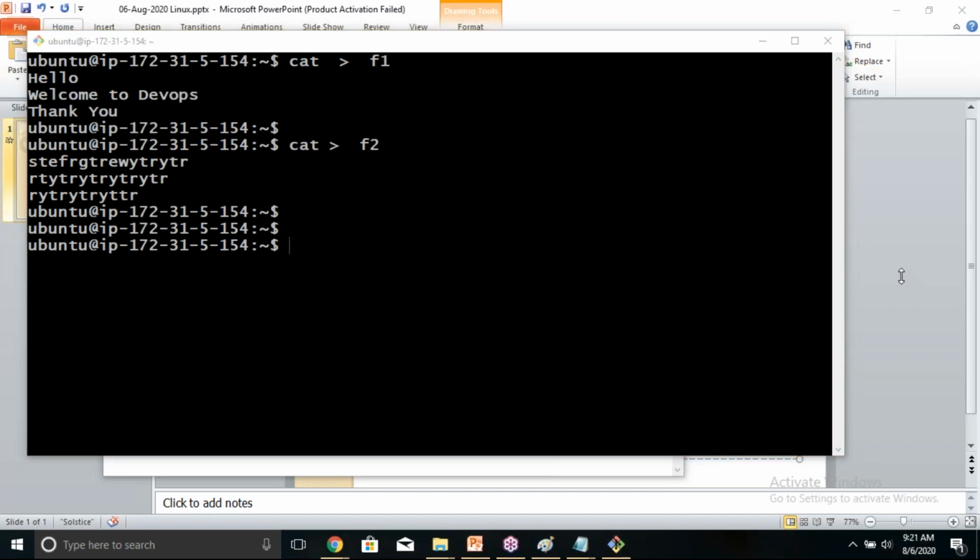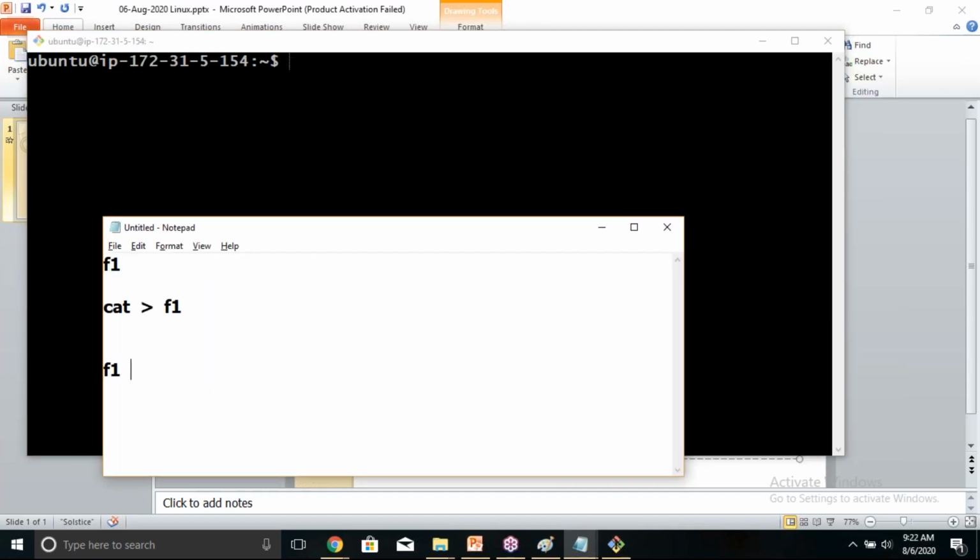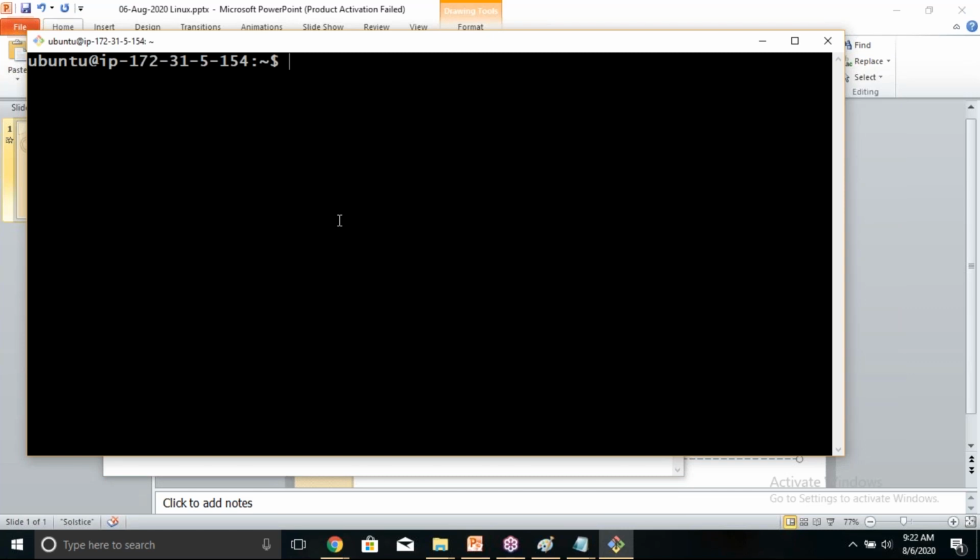No. Very simple. Okay. How can I read the data? Now we know we have two files, F1 and F2. I want to look at the contents which are there in the file F1. Look, the file is ready. The file is having some contents. I want to read the data in the file. Whenever you want to look at the information in a file, write cat followed with the file name F1. Don't use the greater than symbol. Greater than symbol, you need to use it only when you are creating a new file. We are not creating a new file here. We want to look at the data in the existing file. Just type cat F1. Are you able to see the data, Ramesh?